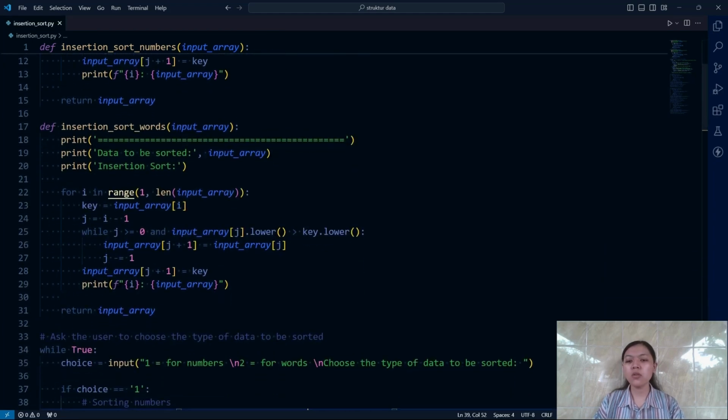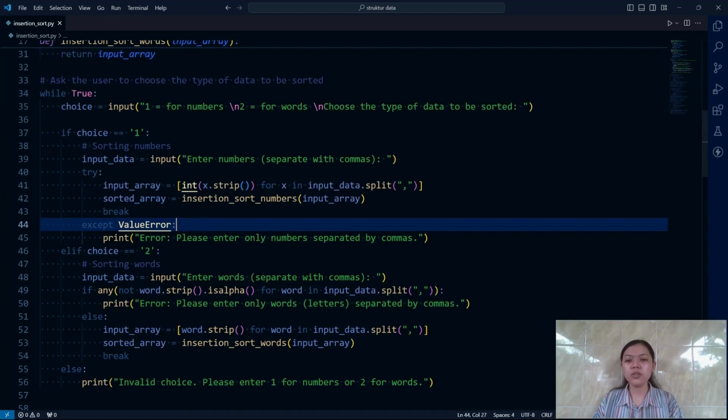And the code for sorting words is very similar to the code for sorting numbers, with a few key differences to accommodate alphabetical ordering. Instead of converting to integers, it checks if the input is alphabetic. It uses case-insensitive comparison for proper alphabetical sorting.